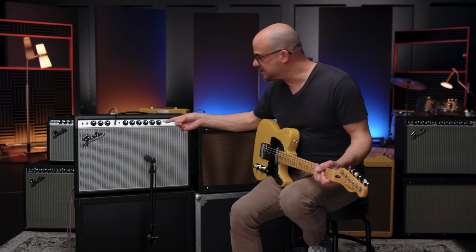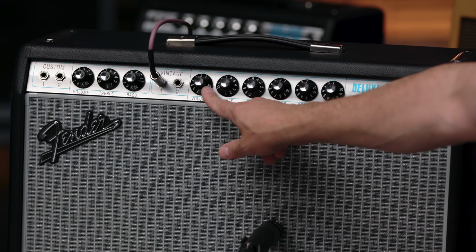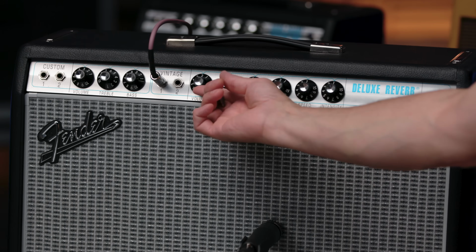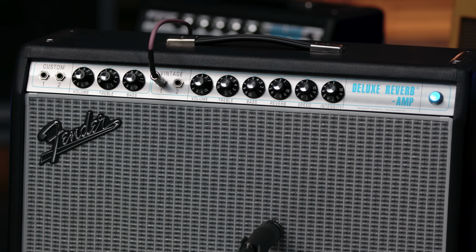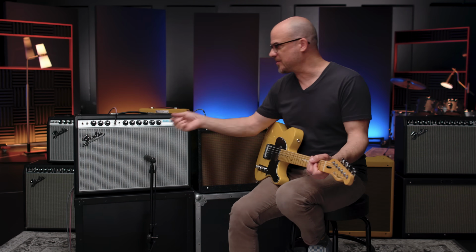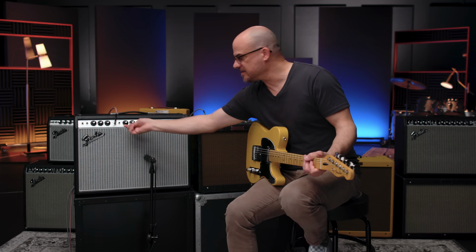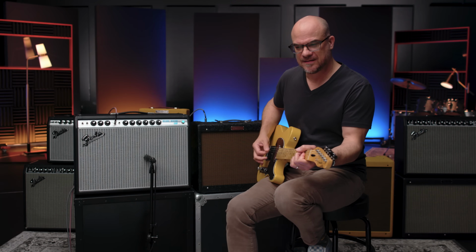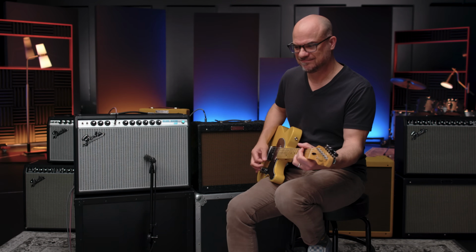All right, let's first take a look at the Deluxe Reverb. I'm set on 2 currently here, so it's going to be clean. I can go to about 3 maybe. I don't know if you can hear that, but it's just starting to get to that edge of breakup. And if I go to 4, depending on how I dig in on the guitar, lightly, but if I dig in,